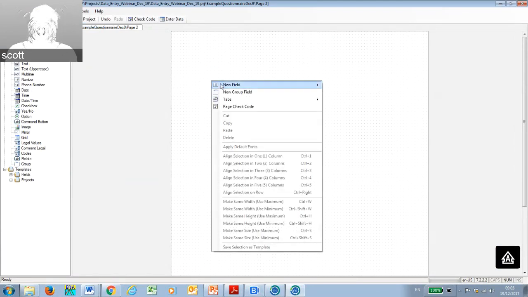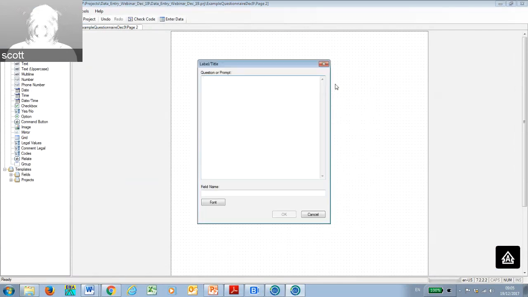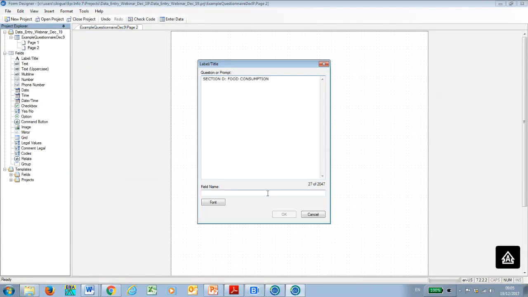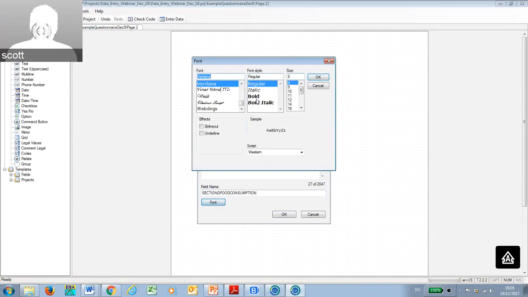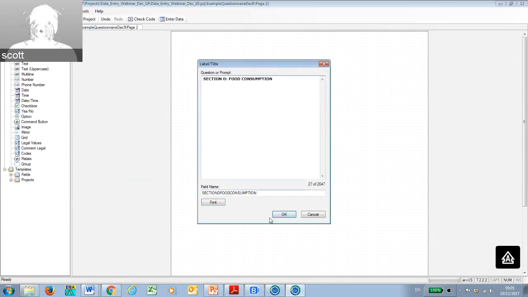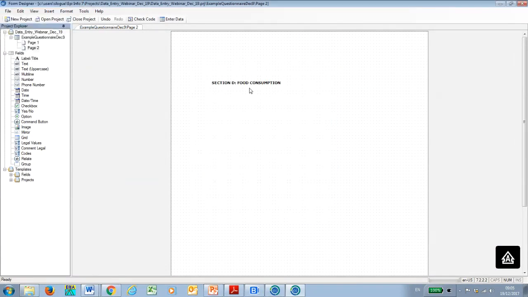So for section D, it's called food consumption. D. Font, bold. Okay, so